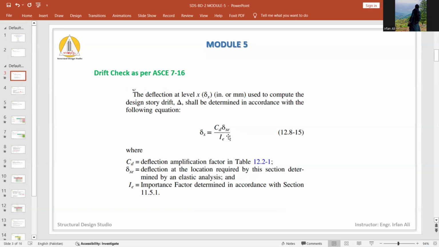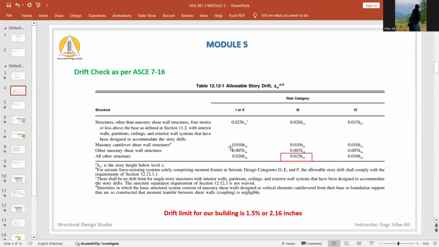So if you have drift in inches, you have to multiply it with Cd and divide it with the importance factor, then you will get the drift in inches. But when you want to calculate it in terms of the ratio, this is the ratio that the allowable drift delta A for the different types of structures,